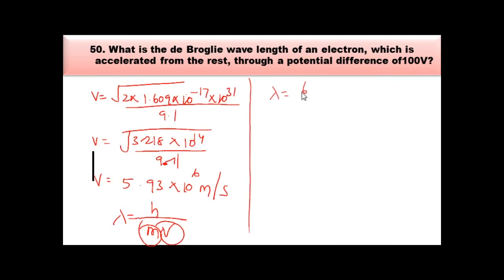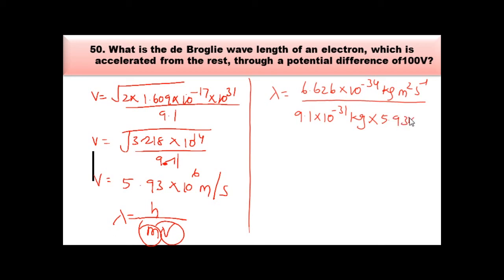Lambda equal to 6.626 into 10 power minus 34 kilogram meter squared second inverse divided by 9.1 into 10 power minus 31 kilogram multiplied with what is the velocity, 5.93 into 10 power 6 meter second inverse, and then meter cancel and then kilogram cancel. So the lambda equal to